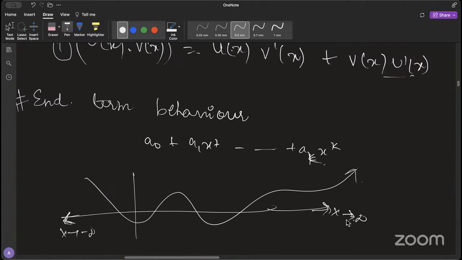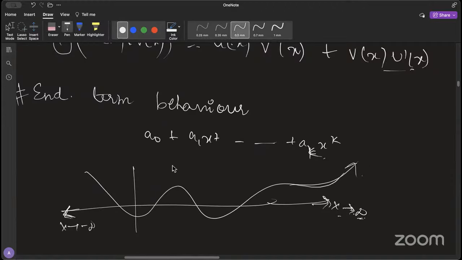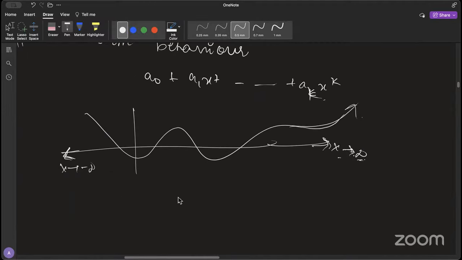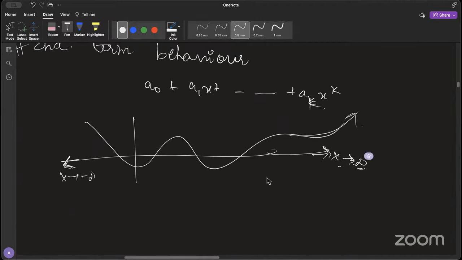So end term behavior means if your x is tending to infinity, where is your function going? This is the height, right? Where is your height going? That's called end term behavior. And how do you find it? You only focus on the sign of ak here. You only have to focus on the sign of ak. So if ak is greater than 0,